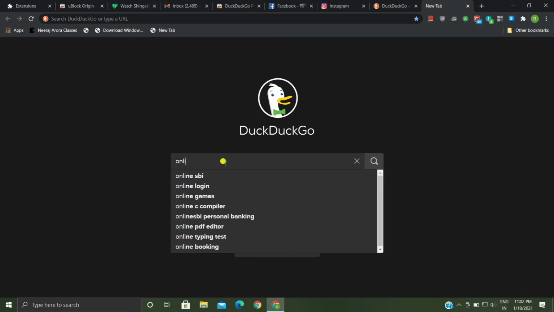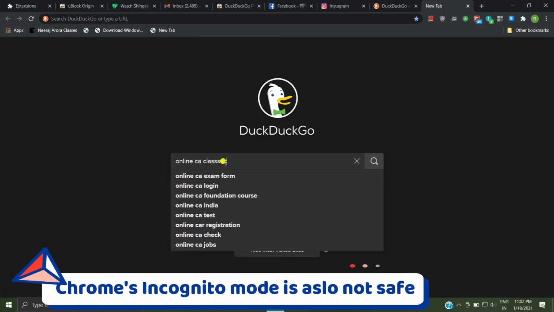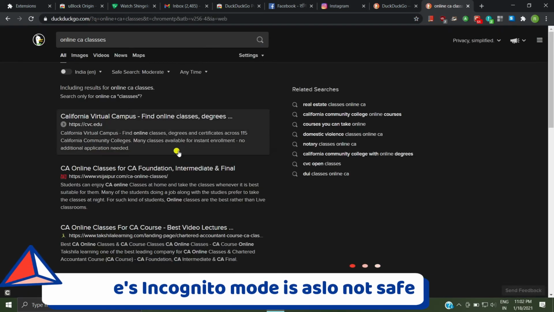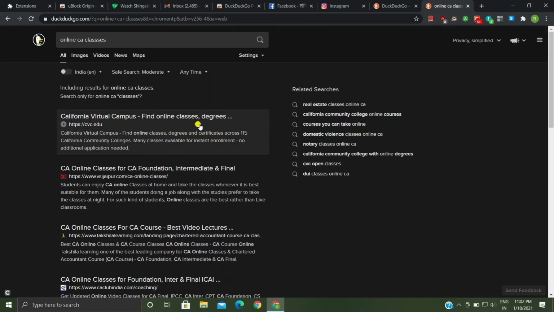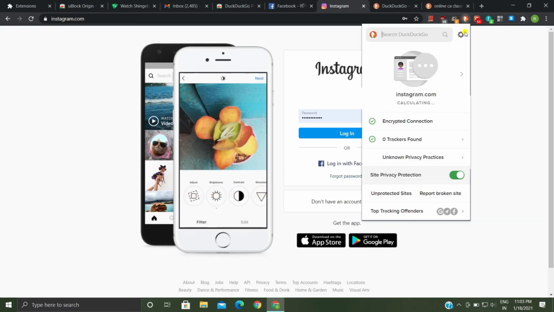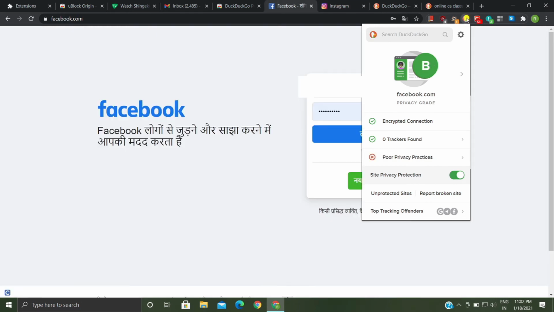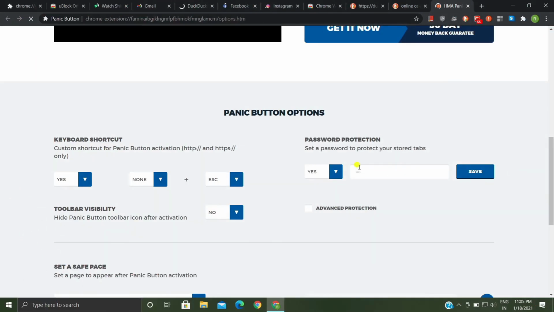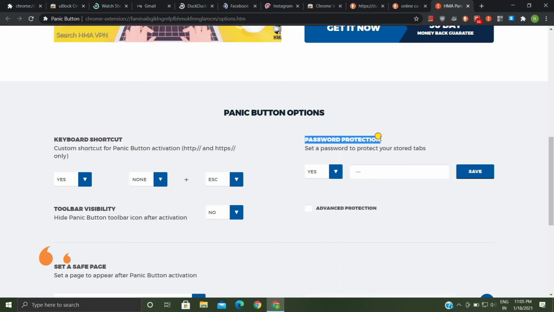I personally like the DuckDuckGo search engine, which lets you browse privately without fear of being tracked or without showing any kind of promoted content while you browse. Apart from this, the extension also collects data based on the information a website tracks, its privacy practices and all. And based on this data, this extension gives a rating to every website you visit, which in my opinion is very useful. And the last extension which I want to share is Panic Button.